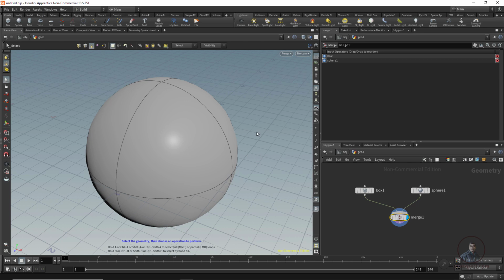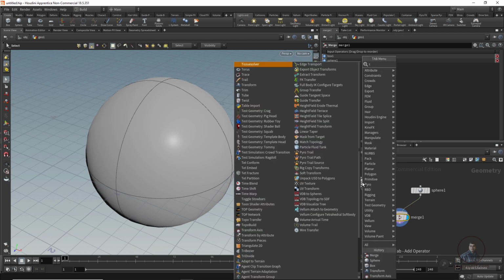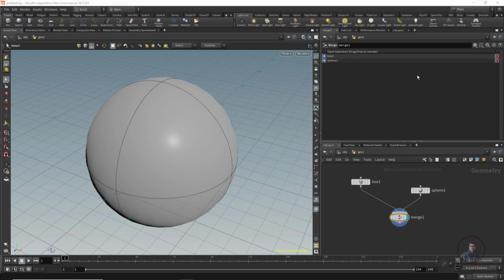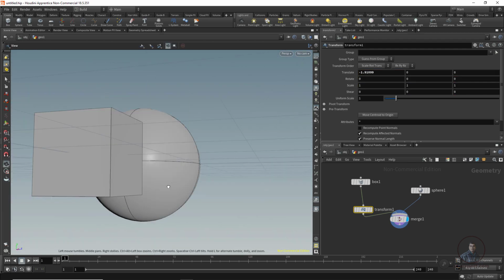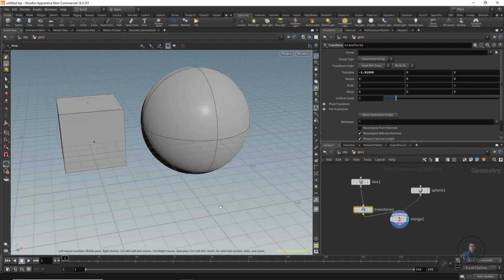Even now you are still not seeing another object because both are on top of each other. So I am going to shift this box or this sphere. Anyone you want, you can shift. I have selected the box, pressed tab and typed transform. I have selected the transform node and attached it in between. Now you can see these are our transform parameters. Even you can take the transform tool, this one. So select and shift a little bit like this. Now hold alt and orbit a little bit and zoom.